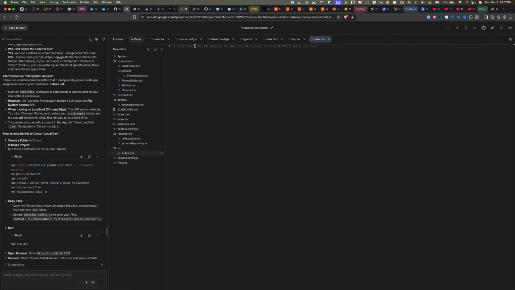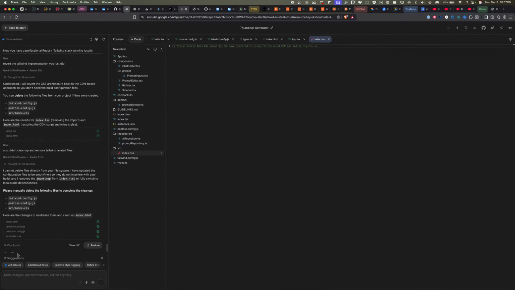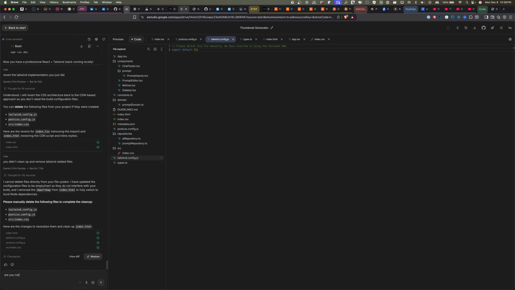So, what is this? Look at this. Please delete this manually. Why? What, it doesn't have access to it or something? Let's refresh this. Maybe it can't. Oh, that's weird. Here are the changes. So it didn't actually delete it still. Look at that. Are you not able to delete those files? I'm just curious, because why is it doing this?